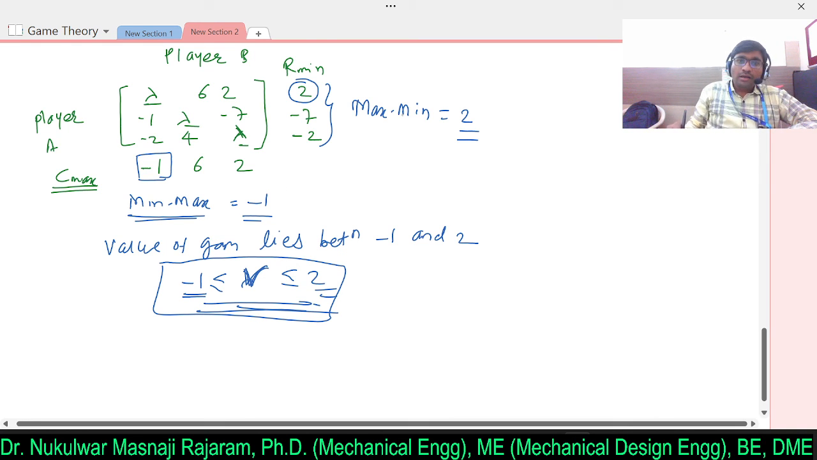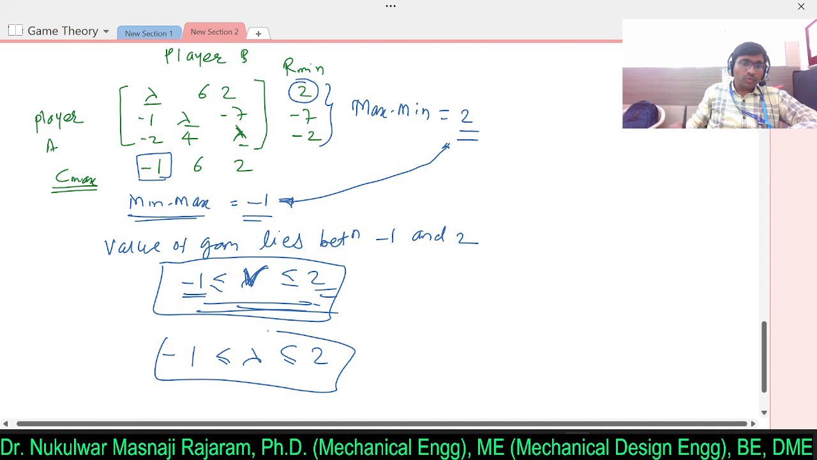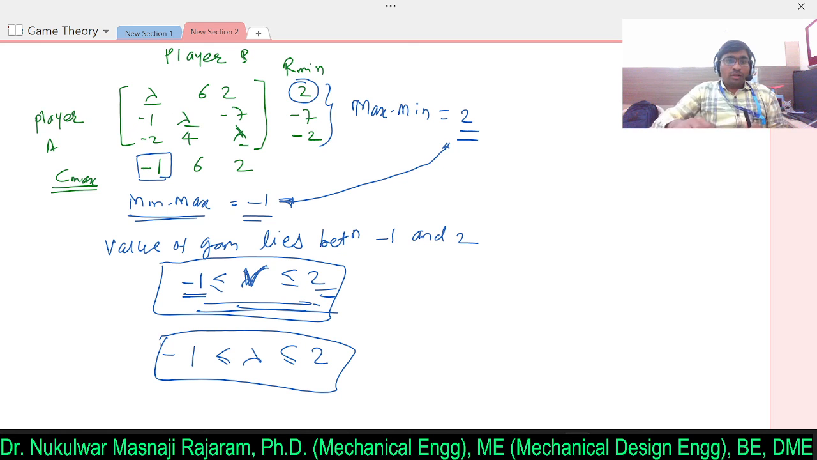Now in this case there is no saddle point, so we can say the game value will be between these two values. Clear? Now for strictly determinable games, since the maximum value must be equal to the minimum value, we can say that our lambda value again will be between these two values. Clear? So this is all about the saddle points